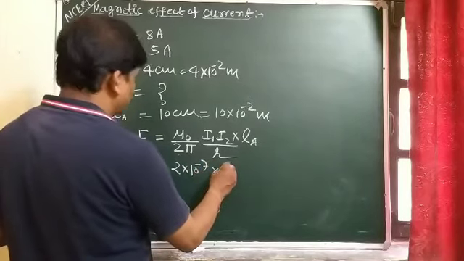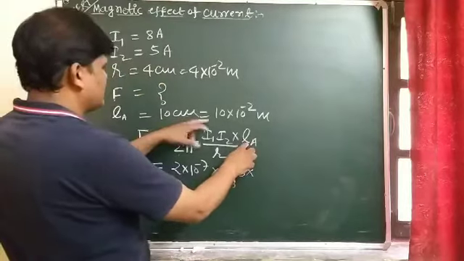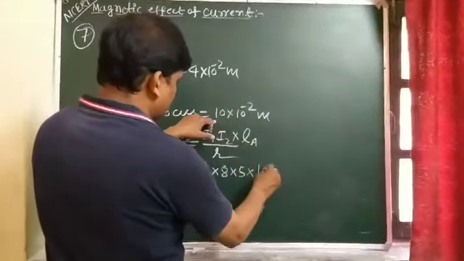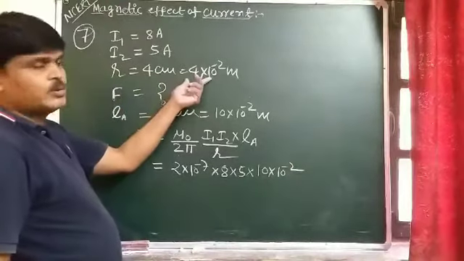I1 is 8, I2 is 5, length of wire is 10 into 10 to the power minus 2, and distance between two wires is